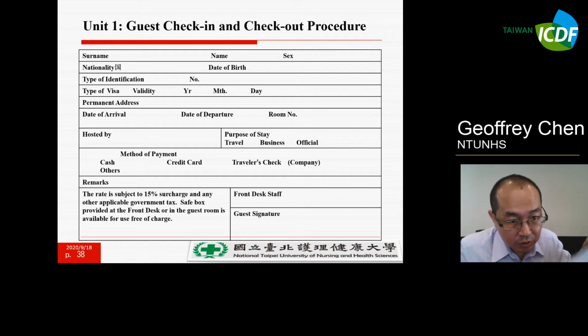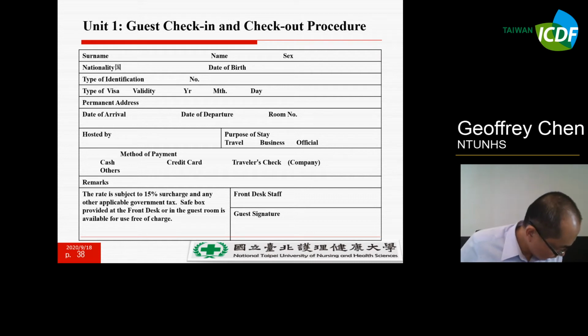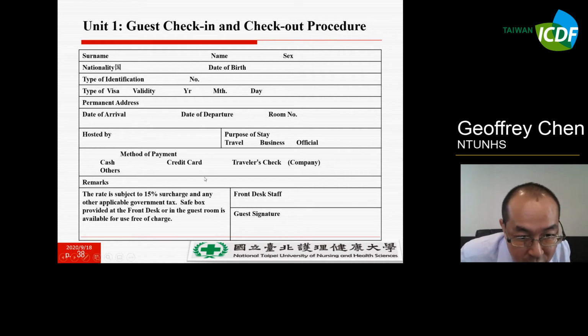Also, you have to remember that if your room rate should have a service charge added according to your government, you can tell them with a statement like this: In our hotel, the rate is subject to a 15% surcharge and any other applicable government tax.